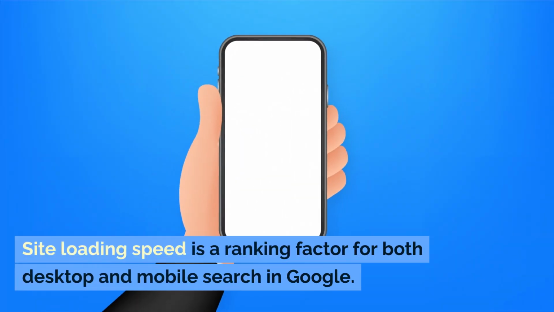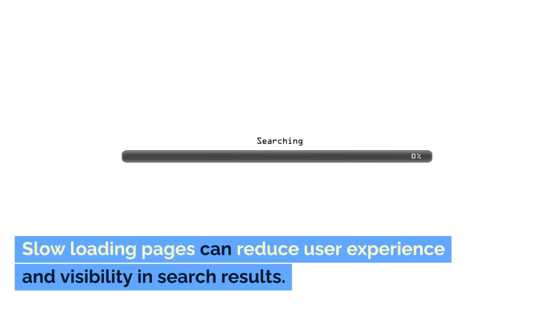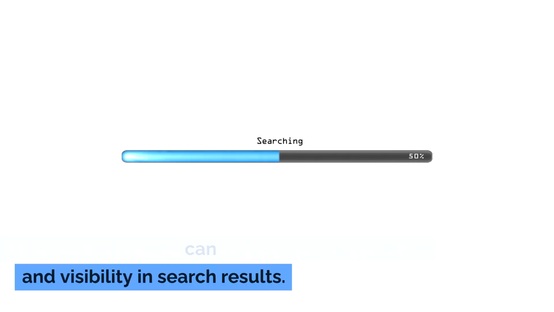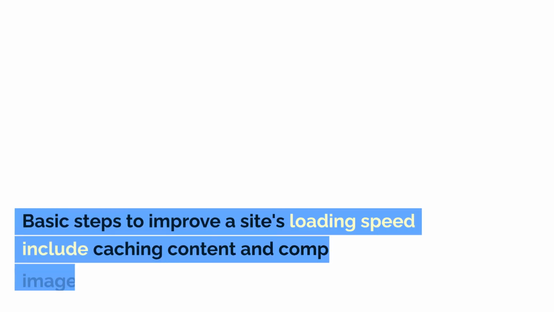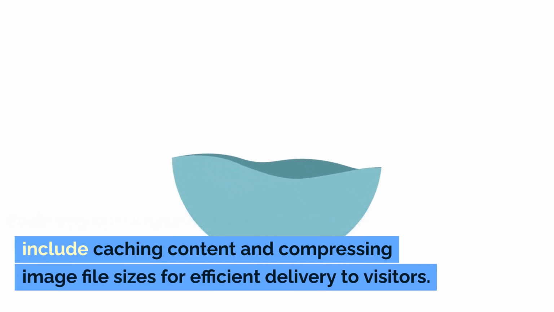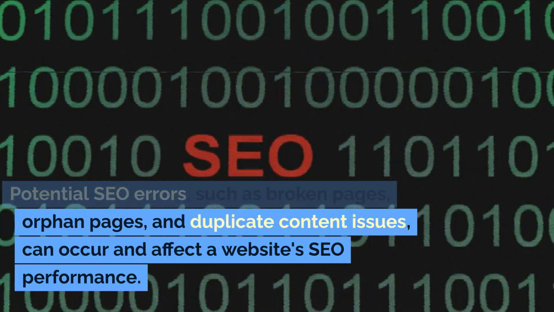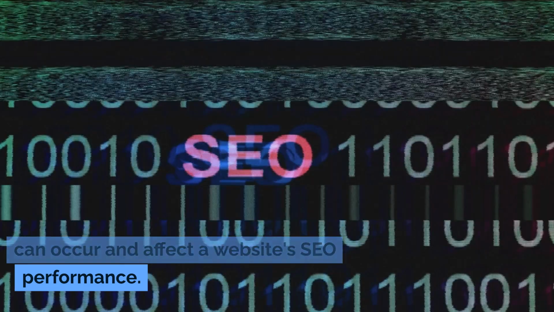Site loading speed is a ranking factor for both desktop and mobile search in Google. Slow loading pages can reduce user experience and visibility in search results. Basic steps to improve a site's loading speed include caching content and compressing image file sizes for efficient delivery to visitors. Potential SEO errors such as broken pages, orphan pages, and duplicate content issues can occur and affect a website's